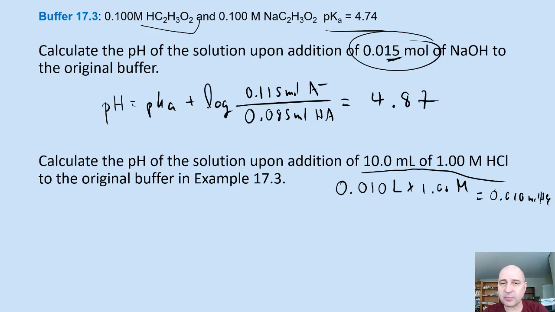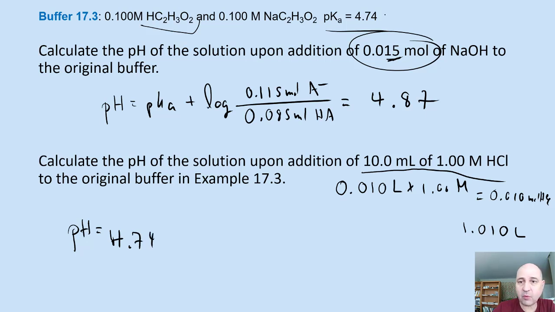This is sort of important because we're adding it to a liter, so that increases our total volume to 1.010 liters. But the number of moles still stays the same, right? So we don't have to convert to molarity. We just need to use the number of moles. So we can still say that the pH equals the pKa, which is 4.74 provided,